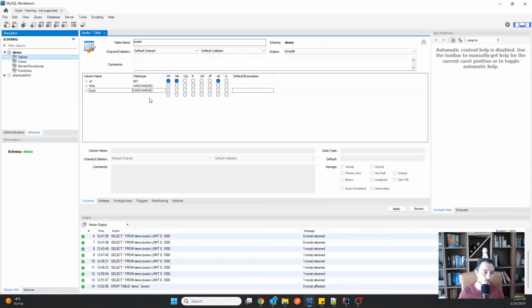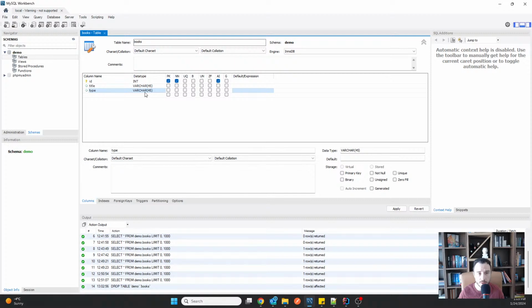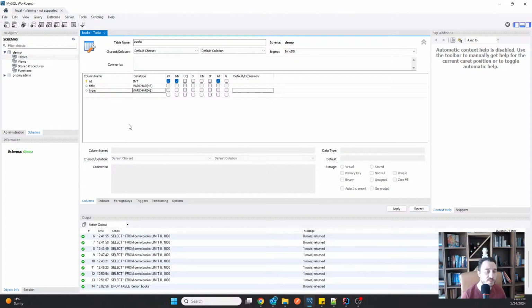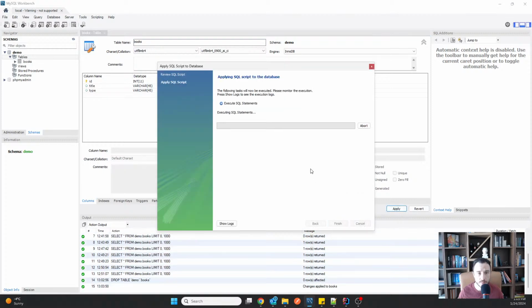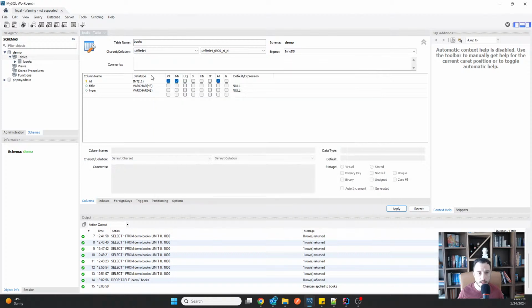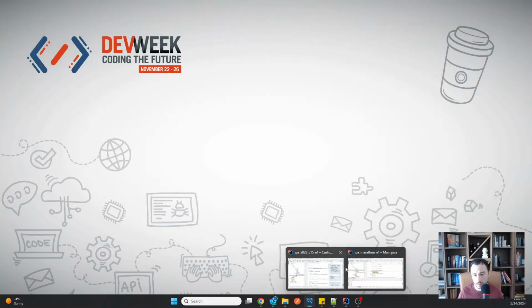Now I do have two different ways in which I can refer to the enum here, which would be either a string, case in which I can keep the varchar, or I can use the ordinal, case in which I would have to change this to an int. So let's try with my favorite, varchar. I will explain also the difference and when to use them, but let's see it first in action. So I'm going to apply my changes here, and then I'm going to go to my book entity and change it to reflect all this.